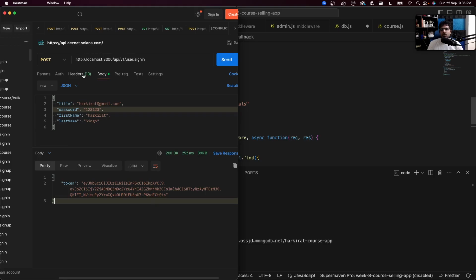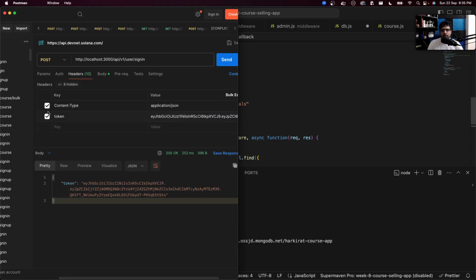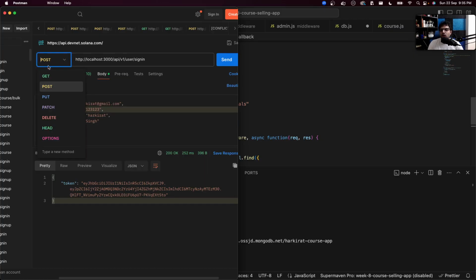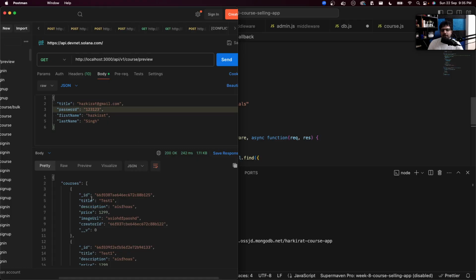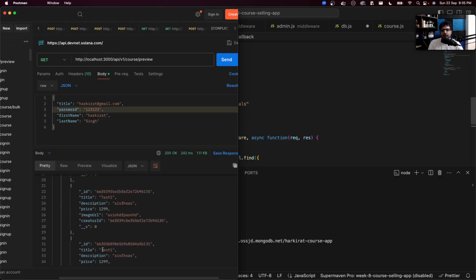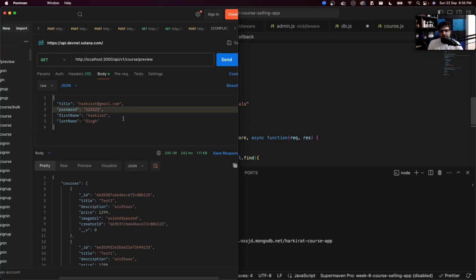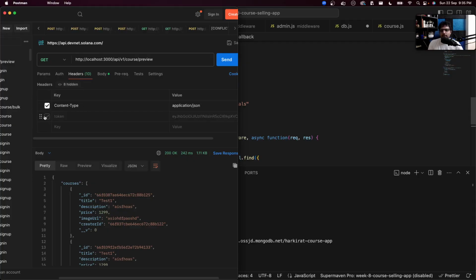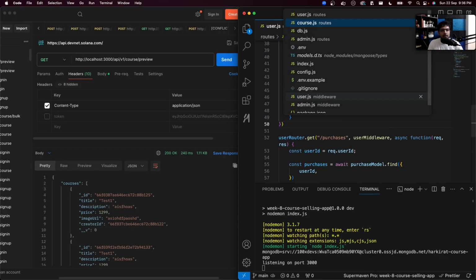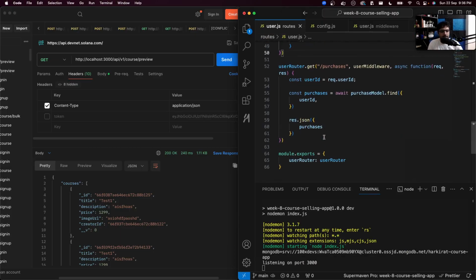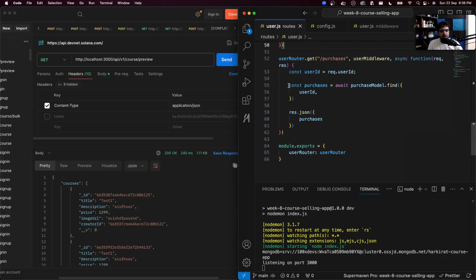Now I will look at all the courses. I will first put the token in the header. I don't need the token in the header for the first request. If you remember, /course/preview did not authenticate the user. So I will get back the current courses. Currently there are a lot of courses that some of you created, one ghee course that I created. So, bunch of these courses, I can get their details. And even if I don't send the token, I can still get the details because this is an unauthenticated endpoint. If I go over here and look at user.js or whatever, you will see, sorry, not user.js,